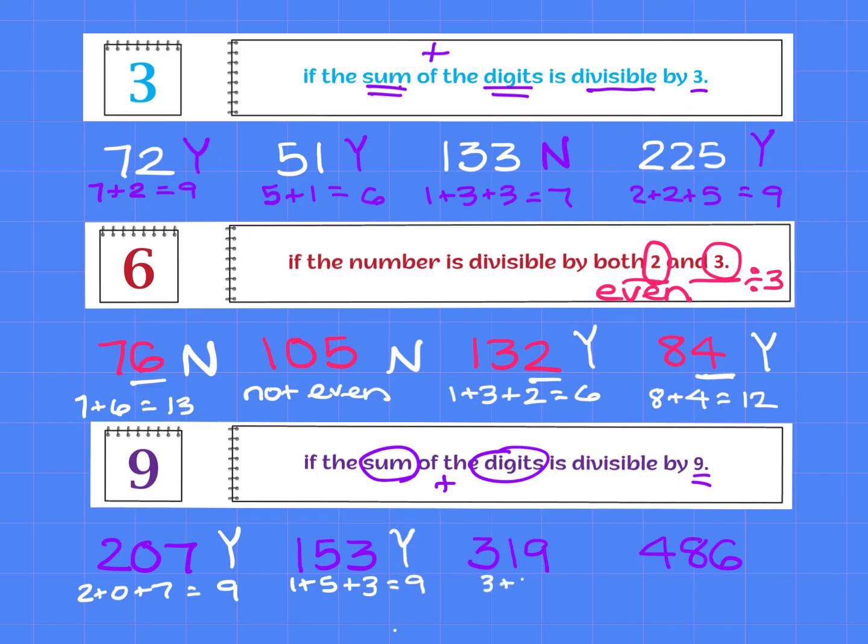319. So 3 plus 1 plus 9. 3 plus 1 is 4, 4 plus 9 is 13. And 13 is not divisible by 9, so that number is not divisible by 9. And the last one, 486. 4 plus 8 plus 6. 4 plus 8 is 12, 12 plus 6 is 18. Is 18 divisible by 9? Yes. So this whole number is divisible by 9. Knowing these rules for determining the divisibility of